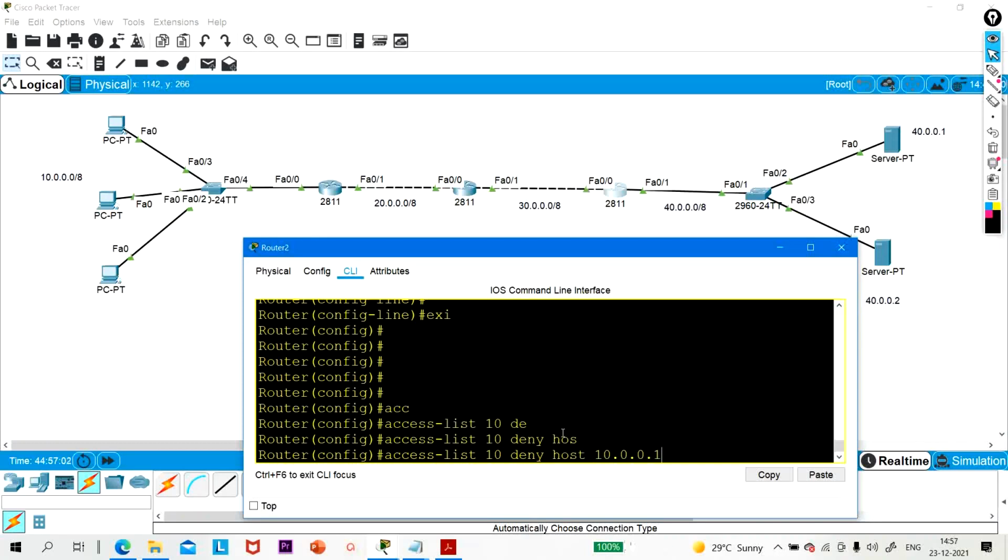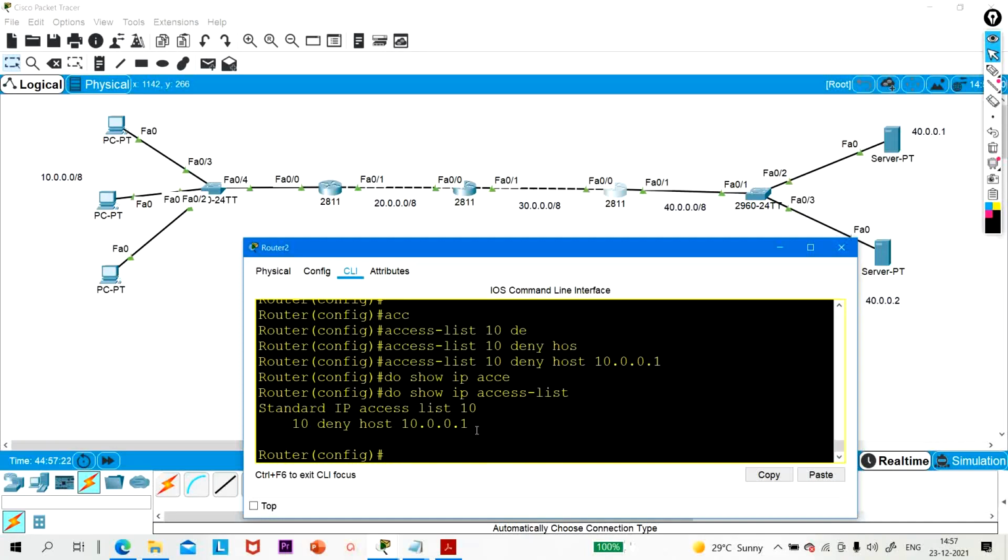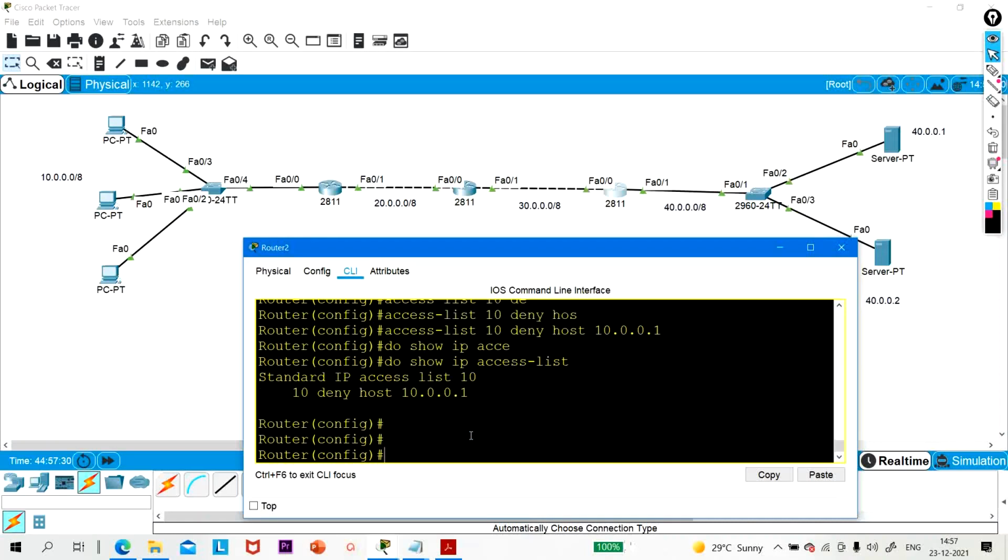What I want is that 10.0.0.1 can't access R3 remotely via Telnet. Okay, enter. Now show IP access list. Okay, so there is one entry in the access list, sequence number 10, deny host 10.0.0.1.